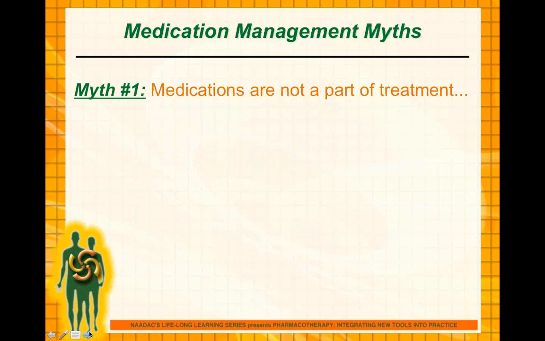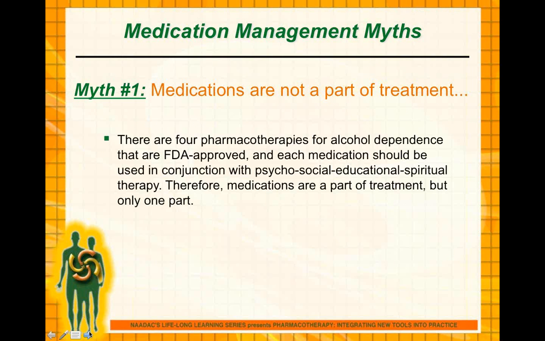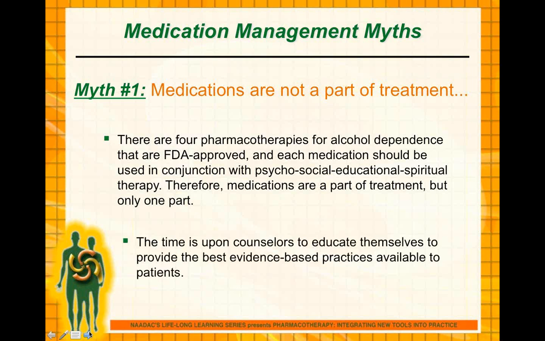Number one, the biggest one that I hear is that medications are not a part of treatment. Not only are medications a part of treatment, there are 4 pharmacotherapies for alcohol dependence that are FDA approved. And as we said, they're not completely treatment by themselves. They are only one part, but they are one very important part to be used in conjunction with the psychosocial, educational, spiritual therapy. And now is the time for counselors and nurses and hospital administrators and everyone involved in client and patient care to educate themselves, to make sure that we're providing the best evidence-based practices available to